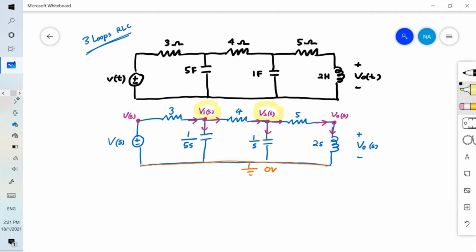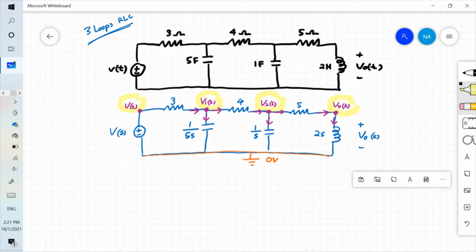It is across the load component, which is equals to V0S. So we keep the name as V0S. Okay, the first node, which is the most left node, it is VS because there's no other component. It's the same as the input supply potential. So now that you have the 3 nodes, V1, V2 and V0 S,